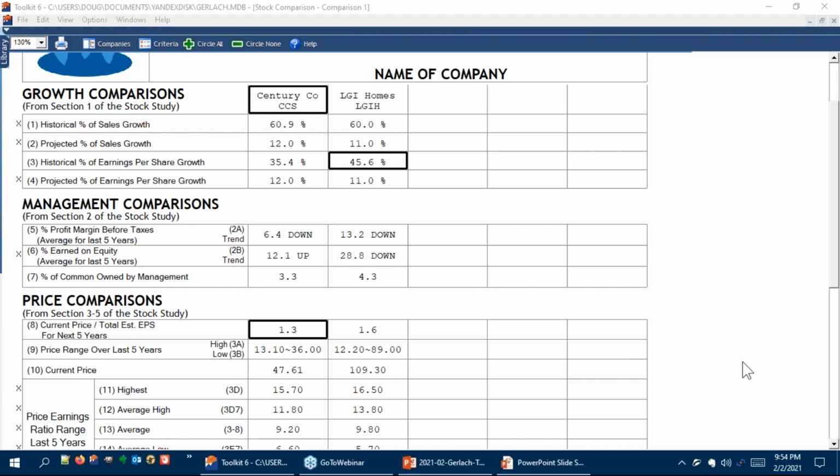So Mark says, is it possible to do an SSG for a stock not in the data source, entering everything by hand and exporting the ITK file to share with club members? Yeah, absolutely.